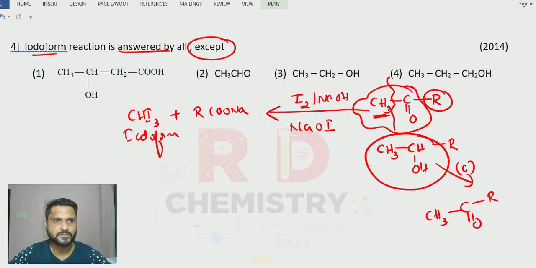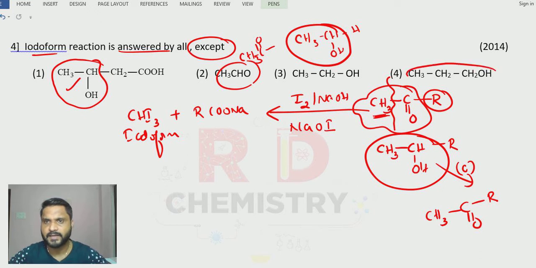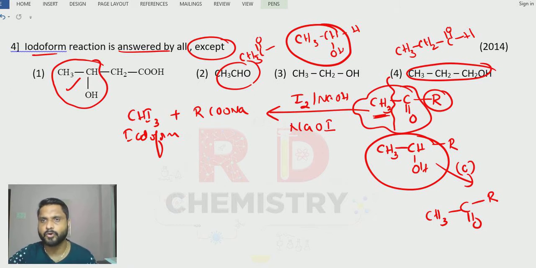Okay. Now see here, first option we have got CH3CHOH together, can answer. Here CH3CO group is together. This is nothing but CH3CO group together, can answer. Correct. Here also this can be written as a CH3 CH CH2 and OH. So there is a particular group, right? You can answer iodoform. Whereas here now when this is getting oxidized to give CH3, then CH2, C double bond OH. This gives aldehyde, but it doesn't have the CH3CO group together, so this cannot answer. Therefore, answer is option number 4. Okay.